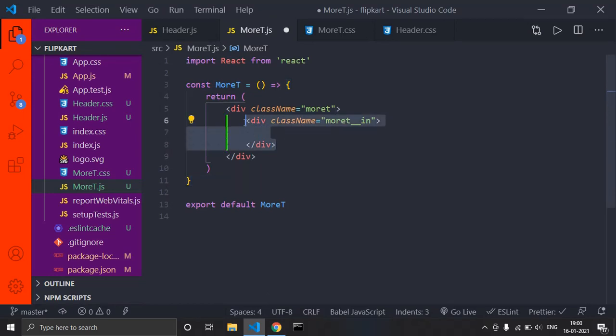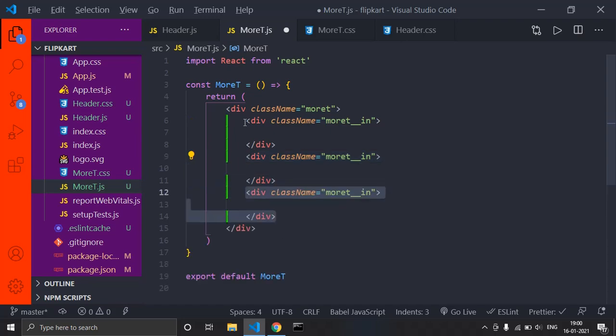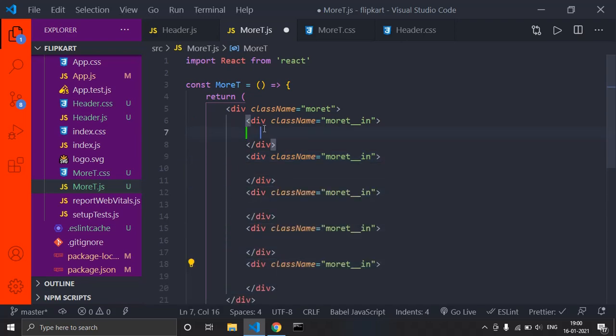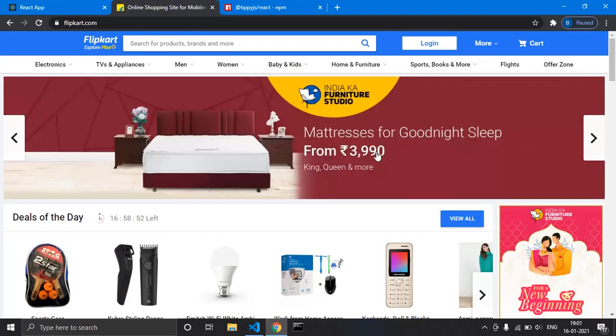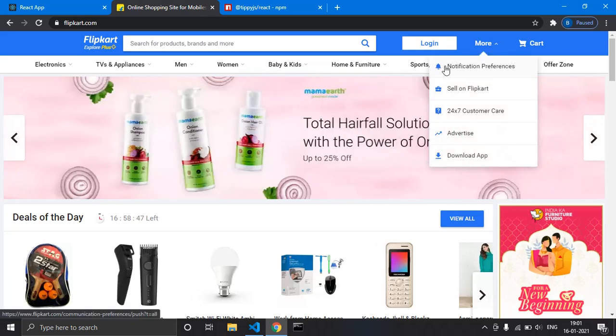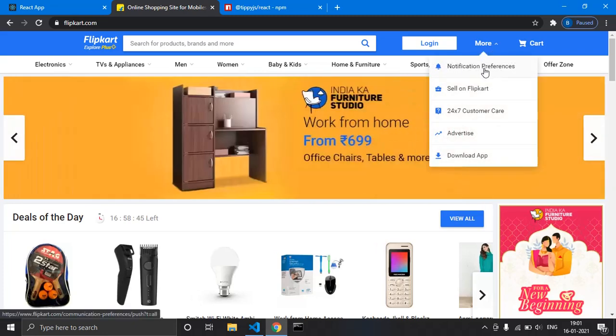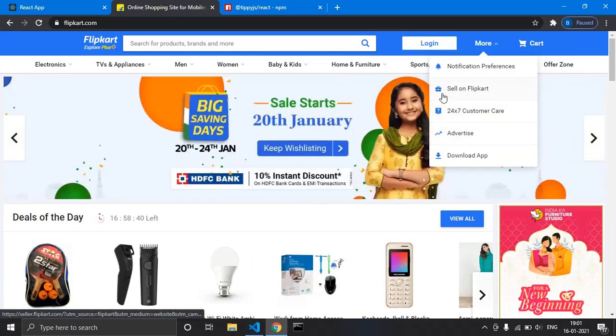Now just copy this and press alt shift down, for 3, 4, 5. Alt shift down, make sure you remember this shortcut, it will copy the content you selected. Alt shift and the down arrow. Inside the first one, what do we have? We have a notification icon, and notification preferences with, let us consider this as a p tag. Like that we have 5, and a bunch of icons over here, right?